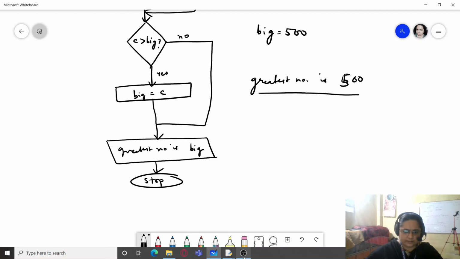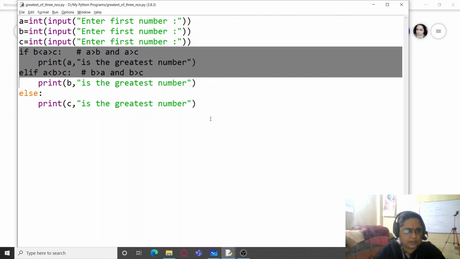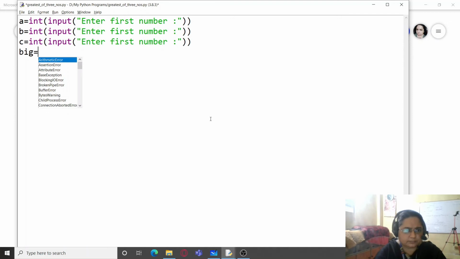Let us do this in the same program, I will be making the changes. So I'm going to remove this condition part only. And I'm going to take big equals 0. And I'm using a comment line here: stores the largest number.